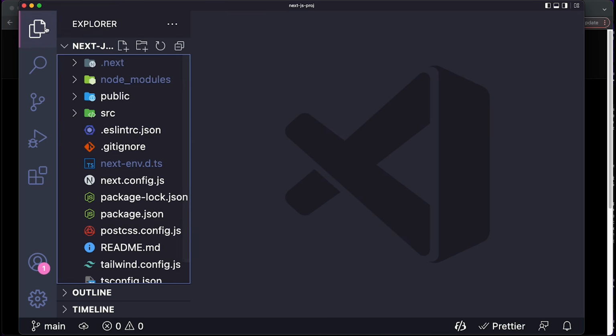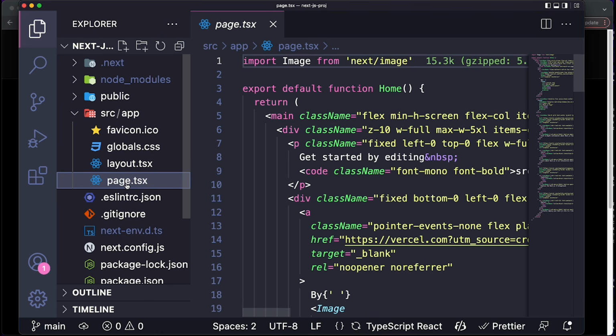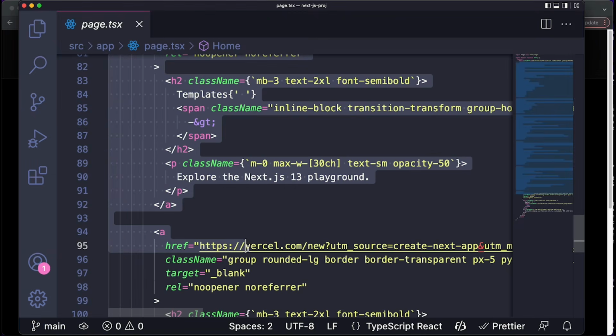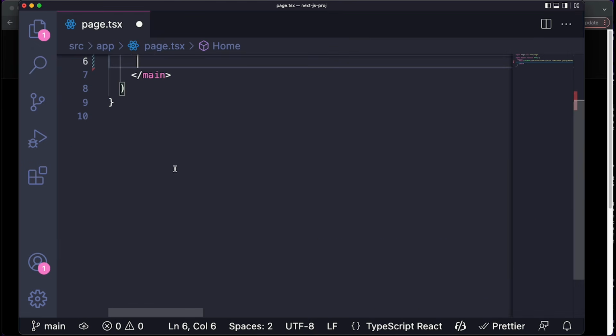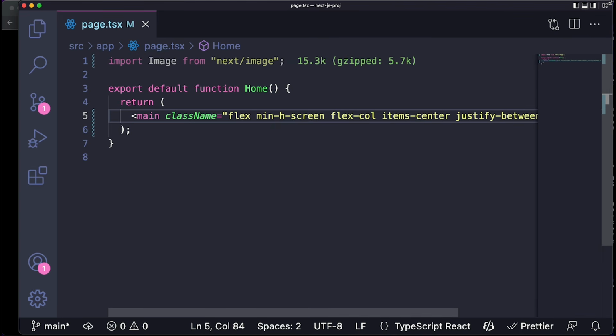So I'm going to come over here and we're going to open up our source folder and straight up just delete everything inside of our page component over here. But don't worry, I'm going to explain what each of these files mean. So as I'm deleting this, I'm going to explain that Next.js is in itself a little bit different from normal React used with Create React app,